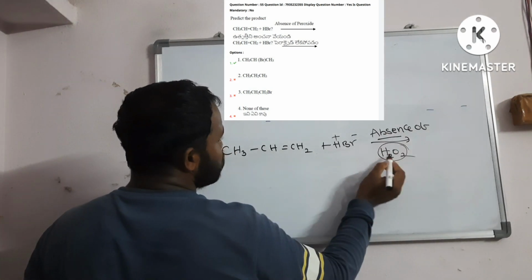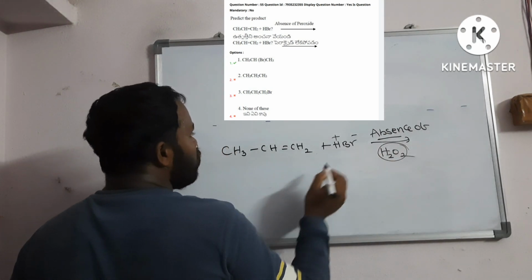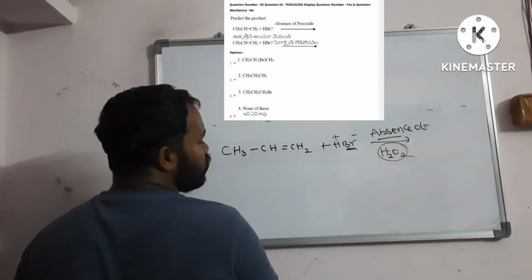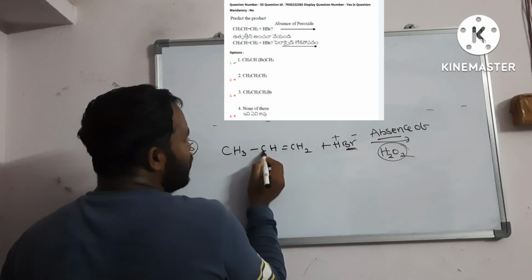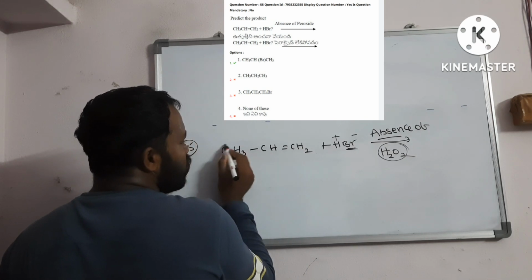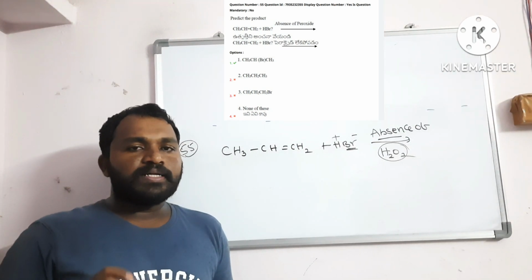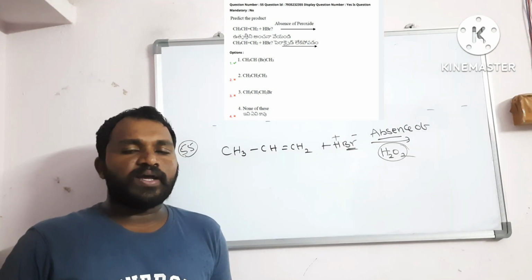In absence of H2O2, it undergoes the Markovnikov rule. What is the Markovnikov rule? This bromide ion, the negative addendum of the nucleophile, is going to attach at the carbon with fewer hydrogens, or more substitutions. What is the Markovnikov rule statement? The negative addendum of the nucleophile undergoes